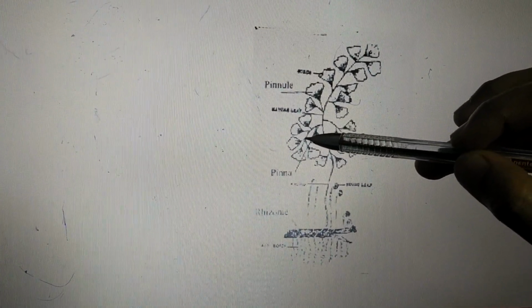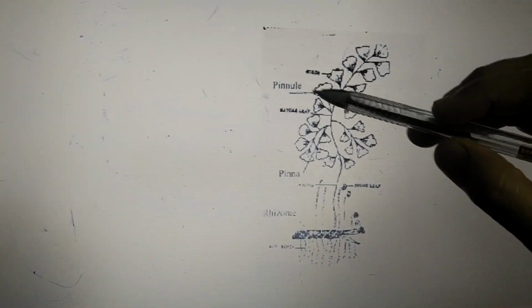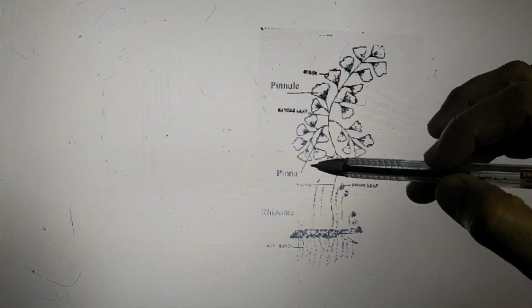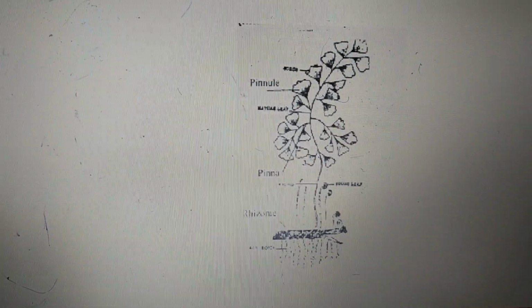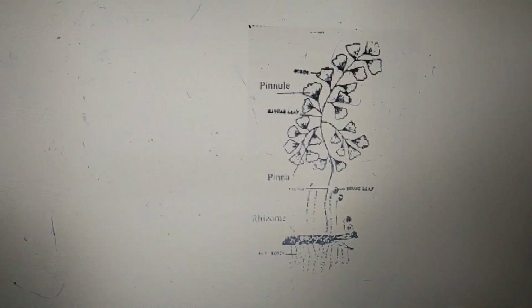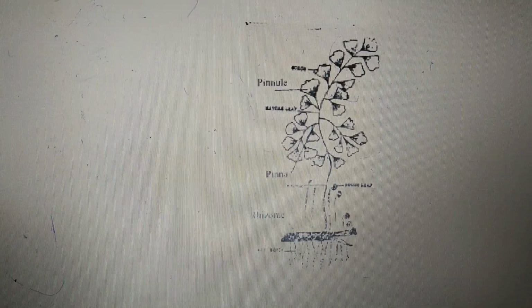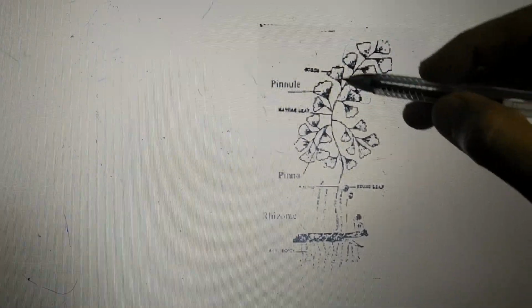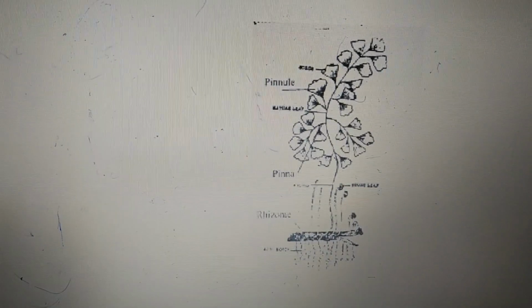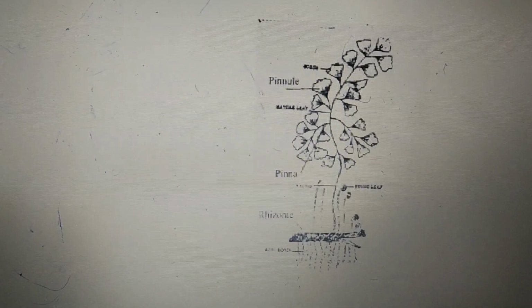So the primary division is the pinna, and the secondary division of this bipinnate leaf is the pinnule. Pinnule is the secondary division. Pinna is the primary division. And these leaves are large, about 4 to 6 inches in length. The first order is pinna, the second order is pinnule. The main axis on which these leaflets are arranged is called the rachis. As we said, the characteristics are dark black color, shiny, and the presence of hair-like structures. That's the reason it is more commonly called maidenhair fern.